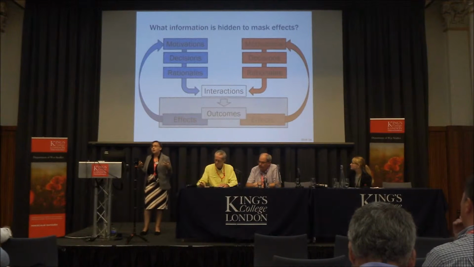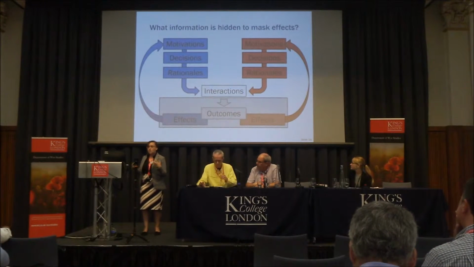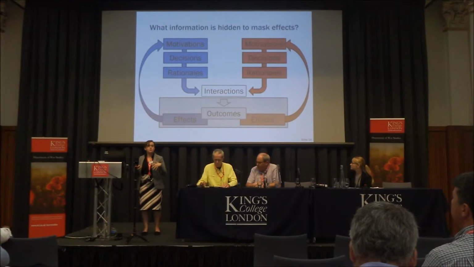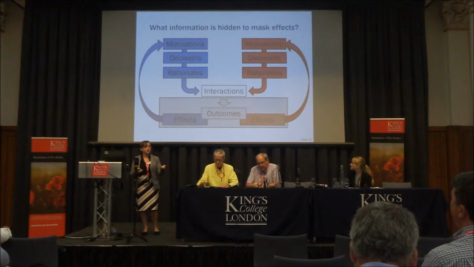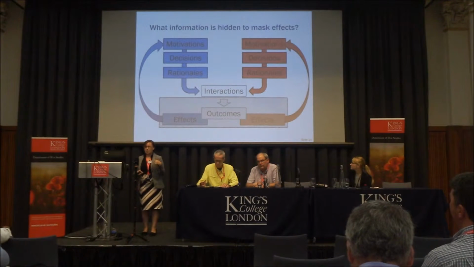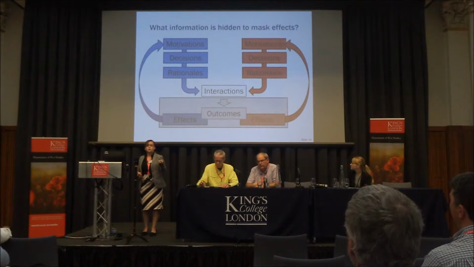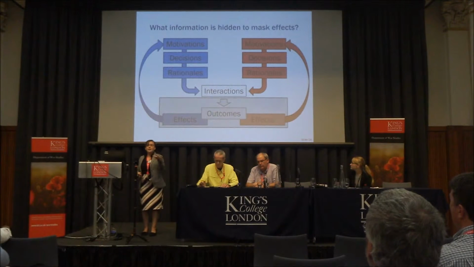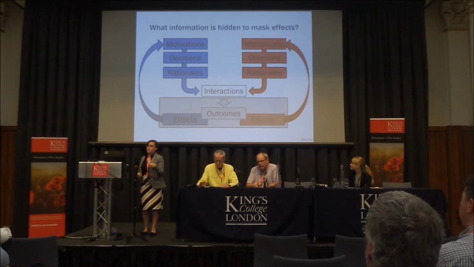And finally, when we're thinking about what information is hidden when we're trying to mask the effects, that's really about the outcomes. So I want to have it that I've taken an action, and maybe you can see some of the effects and not all of the effects. I think we tend to think about this in terms of the blue attacks red, and red will know what happened to them, but blue may not know how successful the attack was.